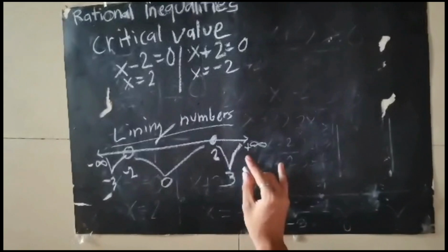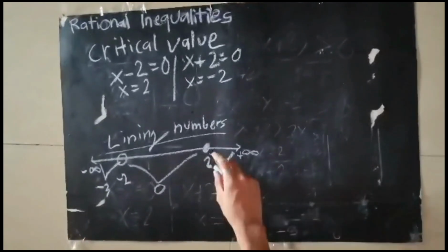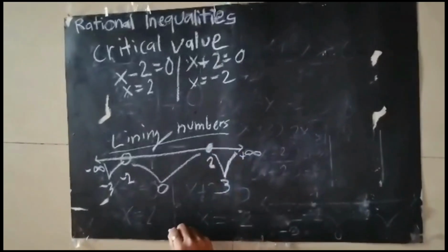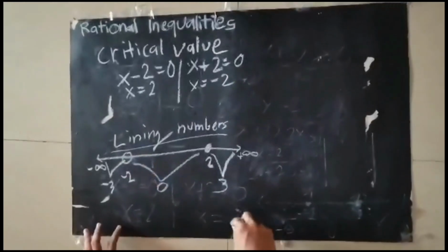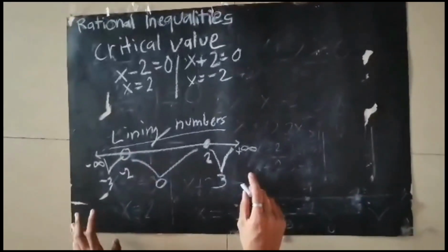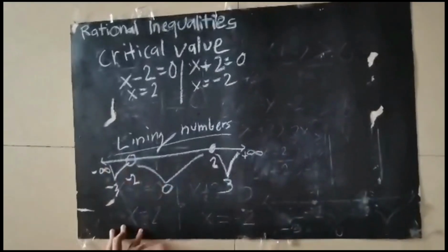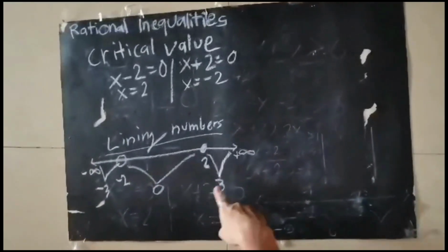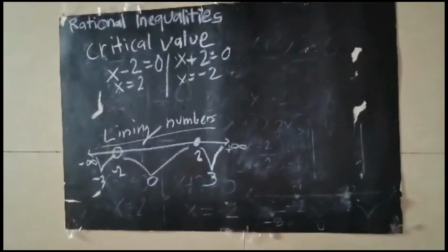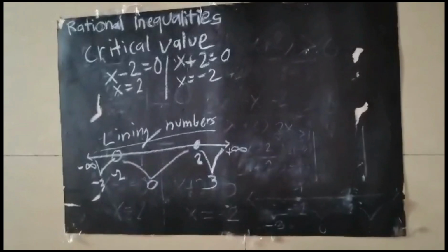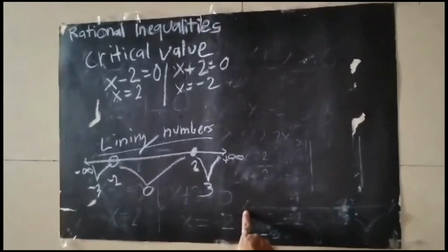If you're doing number lines, the positive number should be shaded, while the negative number should not be shaded, just a circle. An indication also is the positive infinity and the negative infinity for your number lines. And after you got your intervals, now we're going to test each of our intervals, which are negative 3, 0, and positive 3.